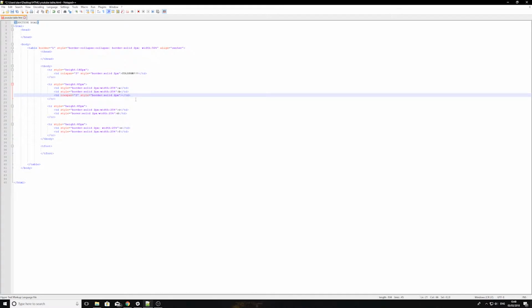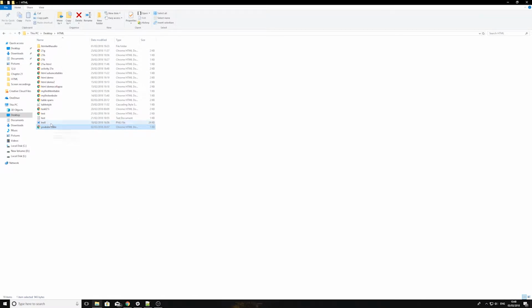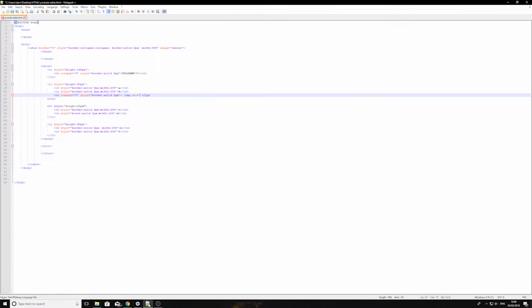So the tag for adding a picture is as follows. Let me just put a bit of a space so that we can see it clearly. img src, so that stands for image source, equals, and then I need to have my picture's name. So I have a picture somewhere here, I think. I have a picture called troll, and it's PNG file format. Notice how it's in the same folder as my HTML. It won't work otherwise. So I'm going to write here troll.png,